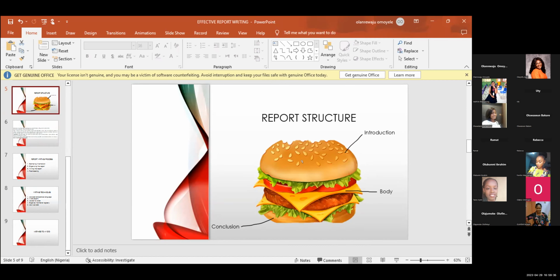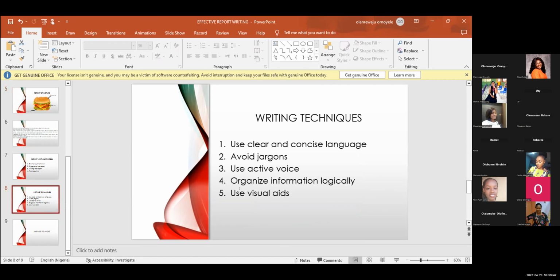But looking at this alone, you can easily picture it and understand what I'm trying to say. Your report in class as well, you must not follow the normal norm. You can change your things, be creative. There's a way you can add visual aids to it, like a graph or a chart.